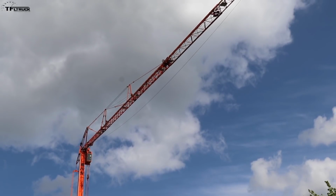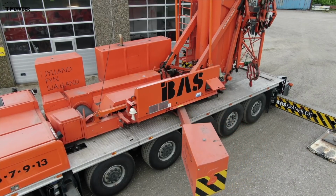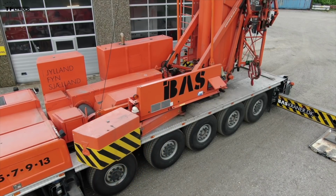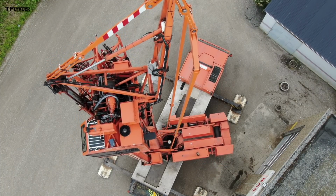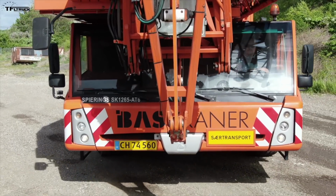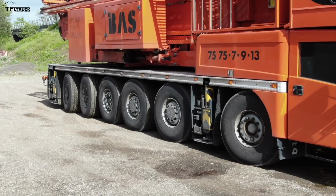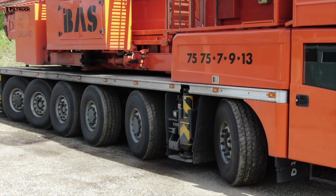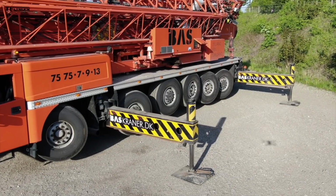And here's just some of the specs on the truck underneath it, just by itself. The own weight of the vehicle is 159,000 pounds, about 72 tons. The axle rating per axle, it has 6 of them, is 26,500 pounds per axle. The engine, the diesel power on the truck itself, is a DAF Paccar company engine with 530 horsepower and 1,840 pound-feet of torque. And it has 6 axles, but only 3 of them are powered, so it's a 6x6